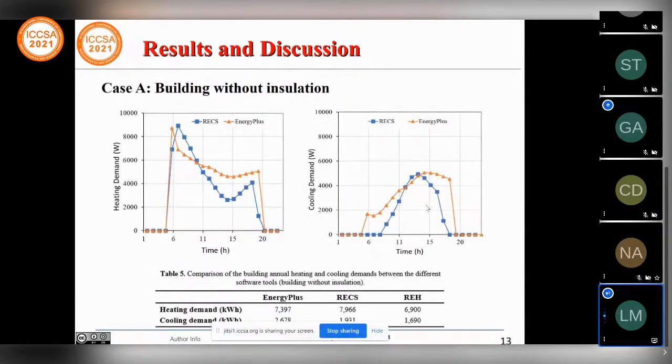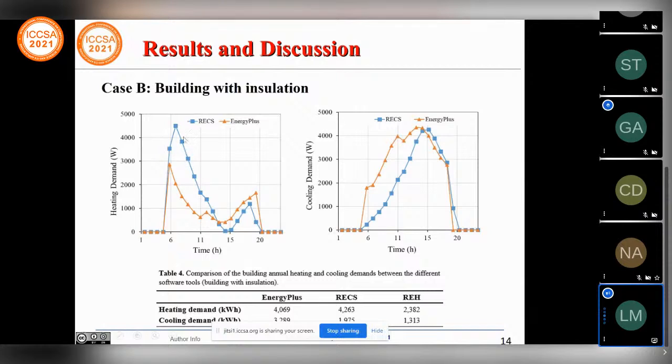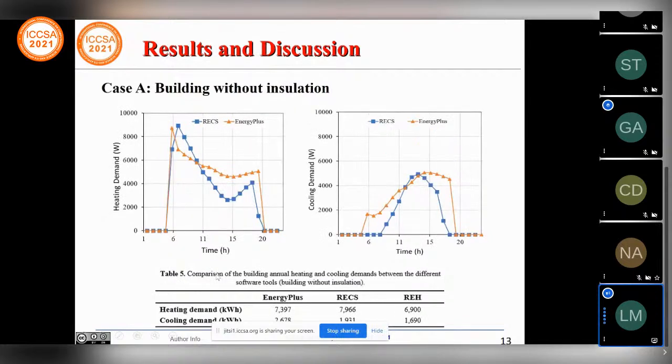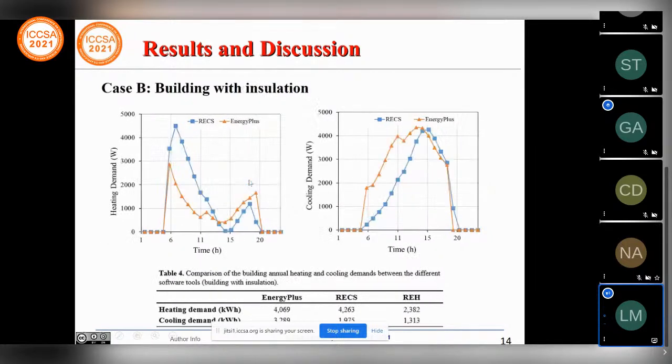This was the building without insulation. Of course, with insulation, the heating load goes down a lot, as you can see. So the peak was before something like 9 kilowatts, and now it's less than half. And again, the heating demand is reduced, but because there was no shading on the windows, the cooling demand increased